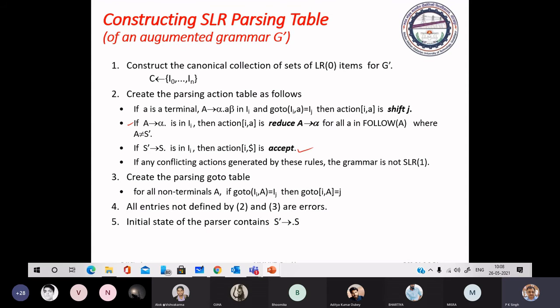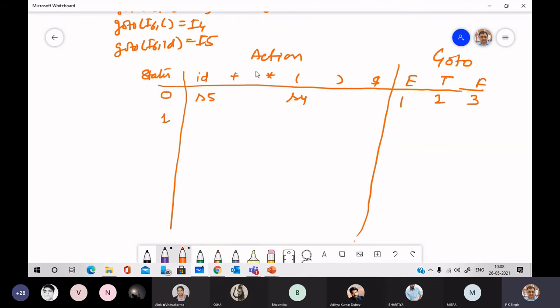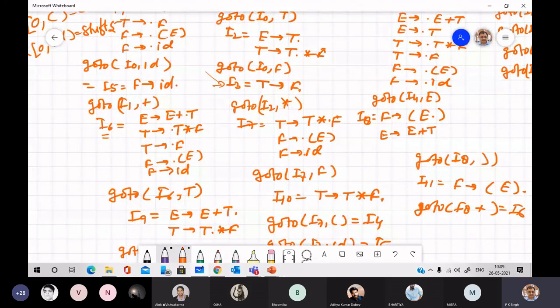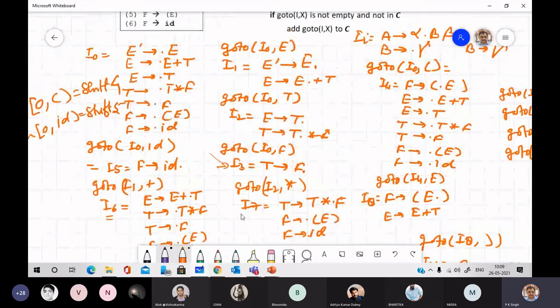So in this way, now we will do this for the grammar. Now come to state 1. You can construct state 1 from item set I1. I1 has 2 items.